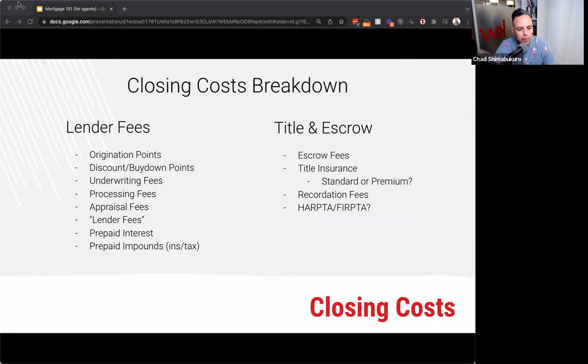There's also something called prepaid impounds. That's just your tax and insurance on the property itself. Taxes are dispersed in this market in February and August. So there has to be enough in the pot, so to speak, to make that next payment, and that depends on when we're closing. If we're closing in July, knowing there's an impounds tax and insurance payment due in August, your prepaid impound account is going to be much larger because they have to have enough in there to make that payment.